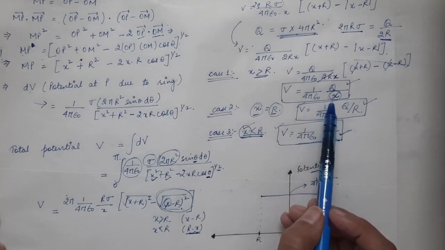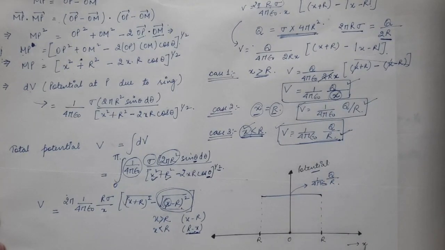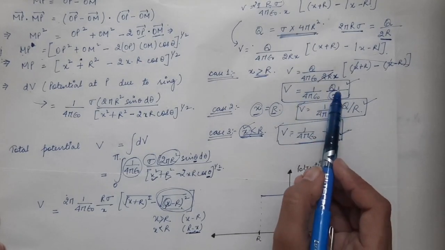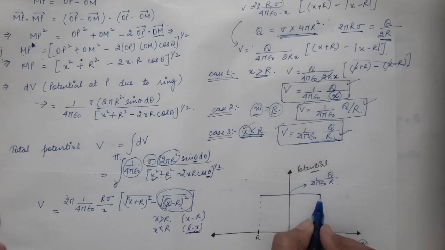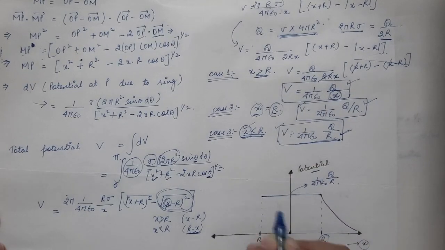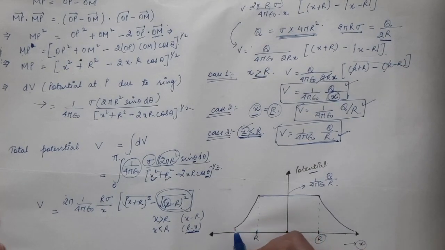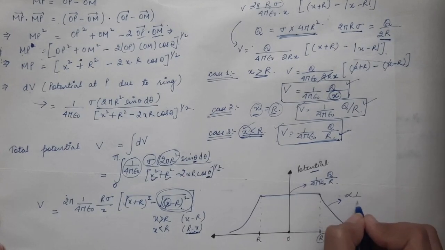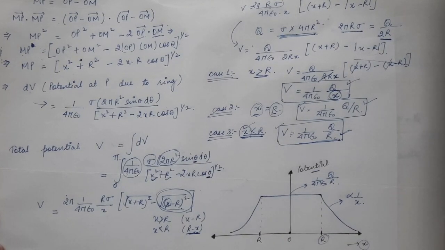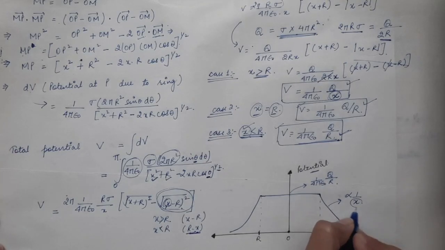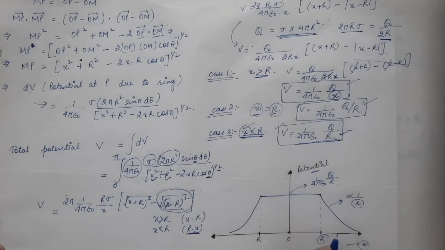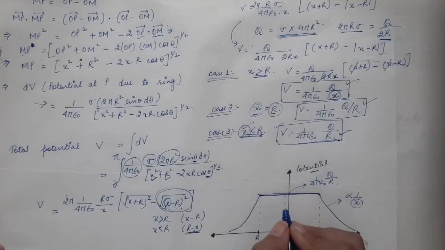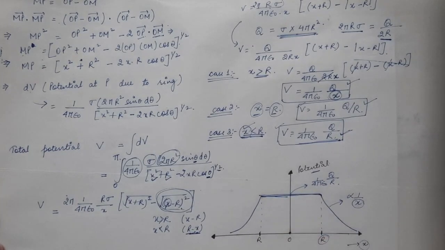And as you move outside the shell, as the distance x is greater than capital R, the potential will decrease, because as you increase the value of x, the potential will decrease. There will be a decrease in potential as the observation point is moved outside the shell, and this decrease in the potential is inversely proportional to x. So it is a function of x and it is inversely proportional to x. As you are increasing x, the potential is decreasing. So inside the shell the potential is constant, and outside the shell the potential is a function of